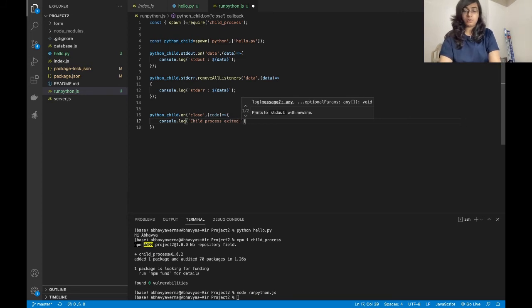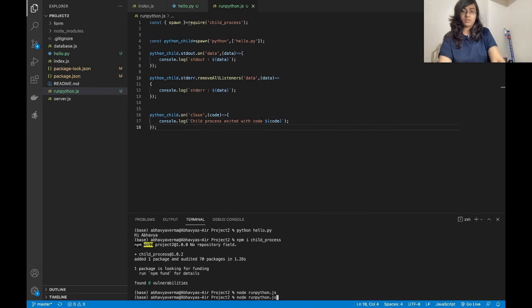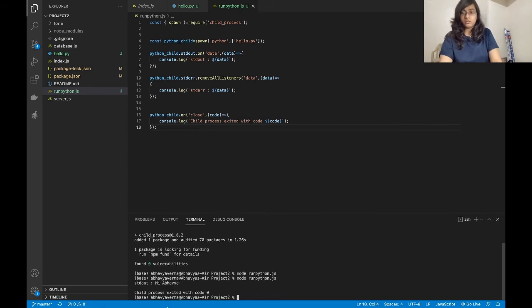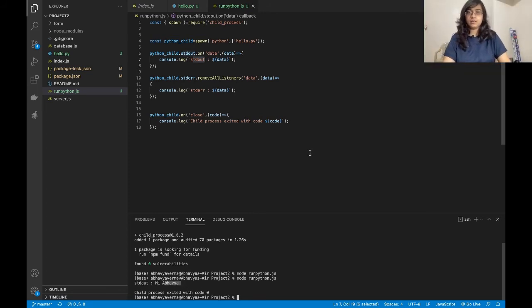This step is important. Save everything, and we are going to run this again. So we can see the output, standard output is hi Abhavya. Whatever I write here will come here, and this one was the output. So as I was saying, it is important to close the child process.